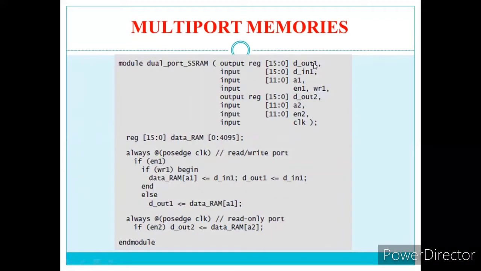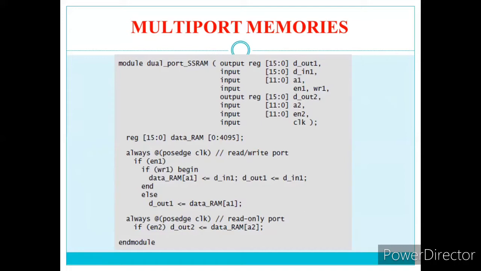Now, if you observe, data out 1 is for port 1, so all these are port 1. The remaining things are port 2. Write 1 is used for performing the write and read operation. Here enable is used for performing only the read operation. Since it is a flow through operation and we are writing a synchronous one, at the passage of a clock, when enable is 1 and write enable is 1 for port 1, whatever data is there is written to the memory, and since it is flow through, data 1 is passed to data out 1.